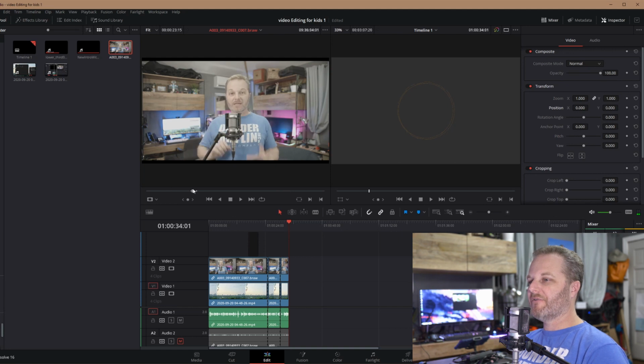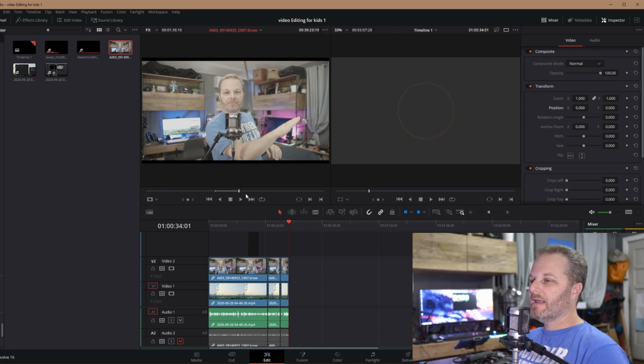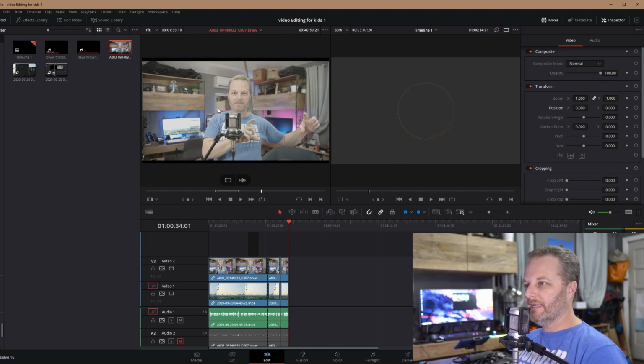Here you can see I've already identified a clip I'd like to pull from. I did that by setting what's called an in and an out point. The in and out points are set by using two special keys on the keyboard. The I key for an in, and over here we're going to have an O key for an out. Now I have a very small section of my clip that I'm going to click and drag down onto my